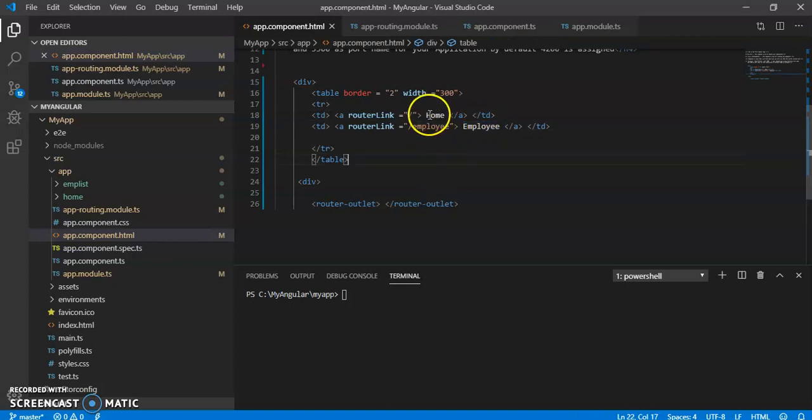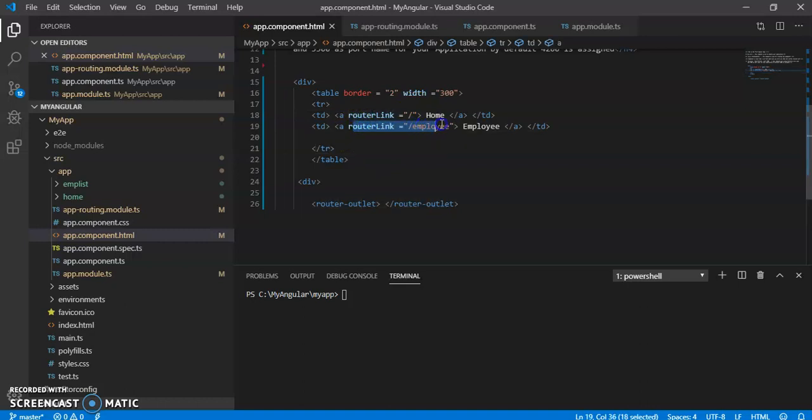On clicking home, you will be redirected to the home page, and on clicking employee, you will be redirected to the employee page. See here, for routing, routerLink properties are used,